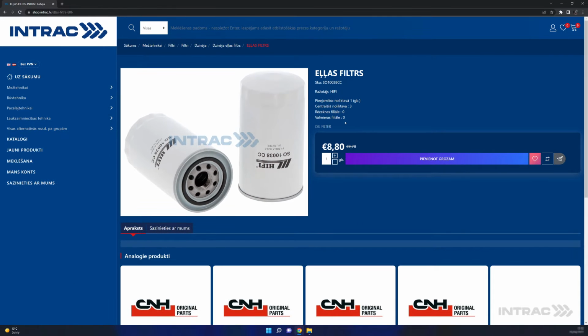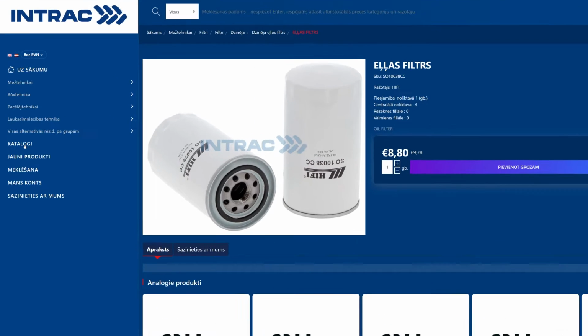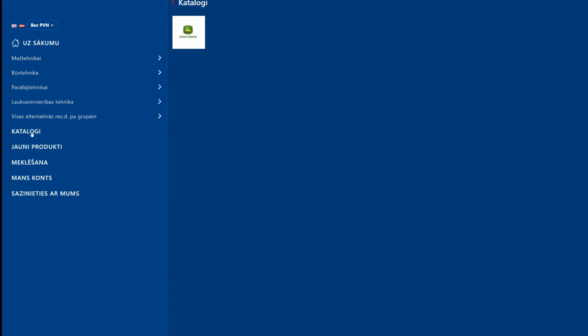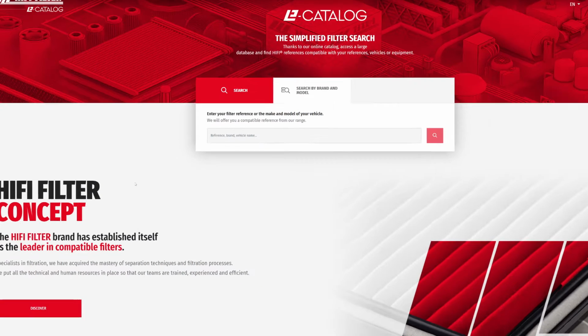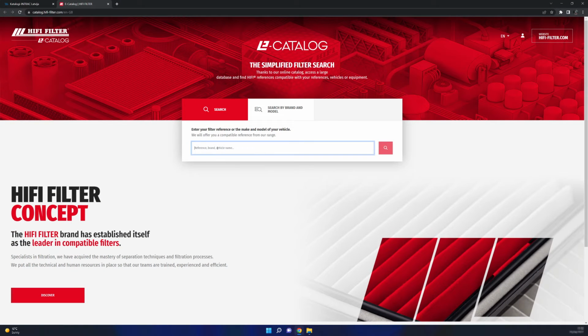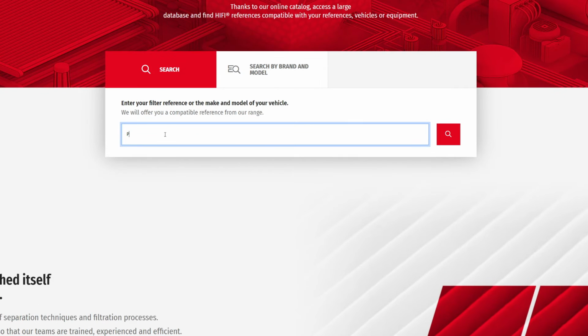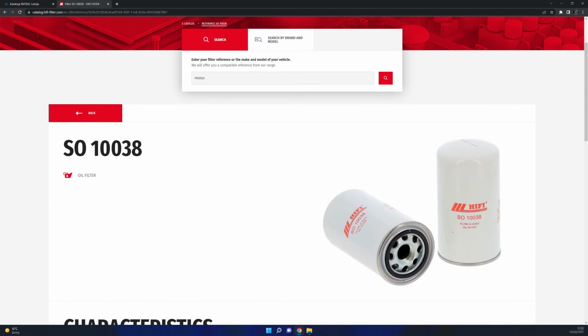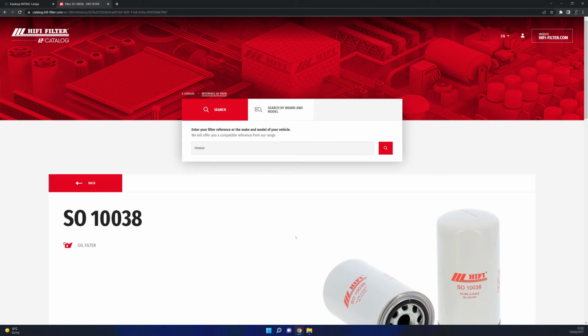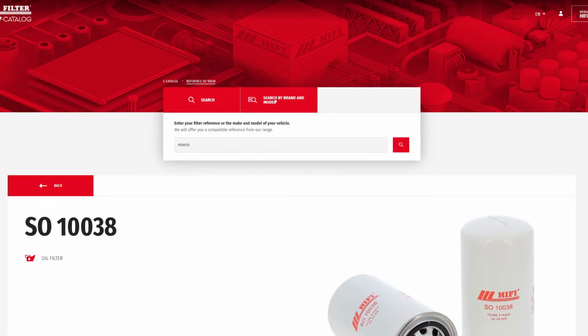The second option, if you know the model, go to the catalogs section, choose Hi-Fi filters, and open this catalog. If you know the Donaldson number P550520 that you have read on the old filter, we find that there is a match, the oil filter Hi-Fi SO10038. Another option, if you do not know any part number for this filter, you can search by your tractor